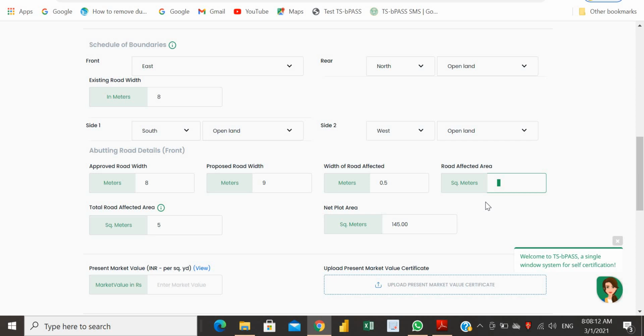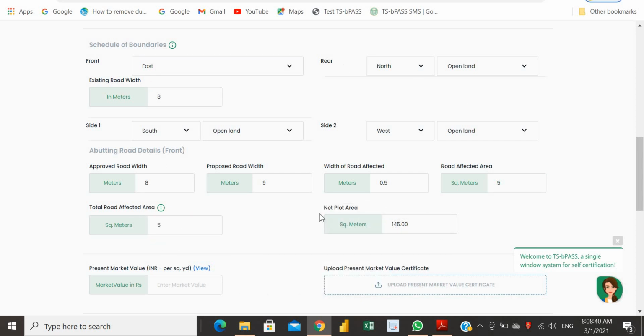If the length of the plot facing the road is 9 meters, it will be 4.5. In my case, the length of the plot facing the road is only 10 meters, and 10 into 0.5 is 5 square meters. So my total road affected area is 5 square meters only.